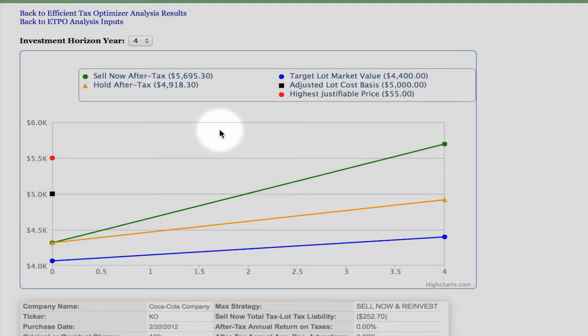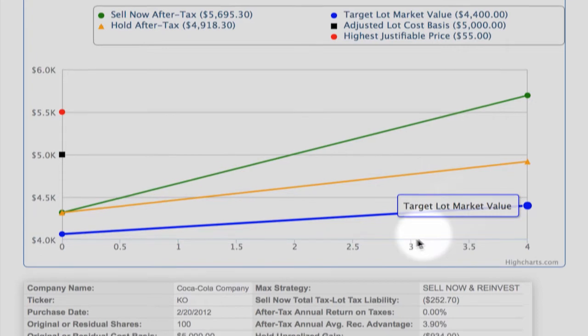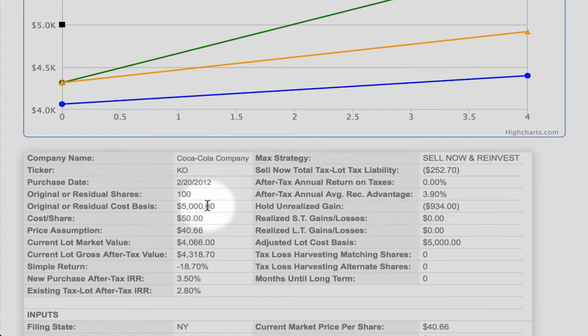Now let's take a look at when a loss should be realized if a stock with a loss has already been held more than 12 months. In this example, we can see that a sale at a loss would be recommended because the after-tax proceeds from selling the losing position can be redeployed and earn greater after-tax wealth over time, rather than holding on to the existing tax lot with its remaining return potential. All based upon each tax lot's cost basis, date of purchase, investment horizon chosen, and forecasts the investor views as